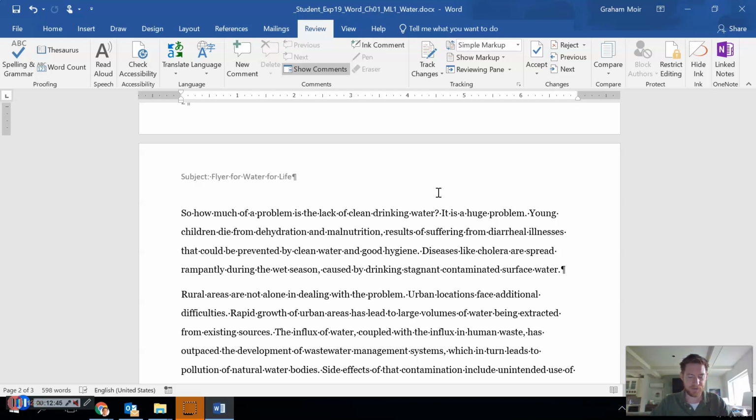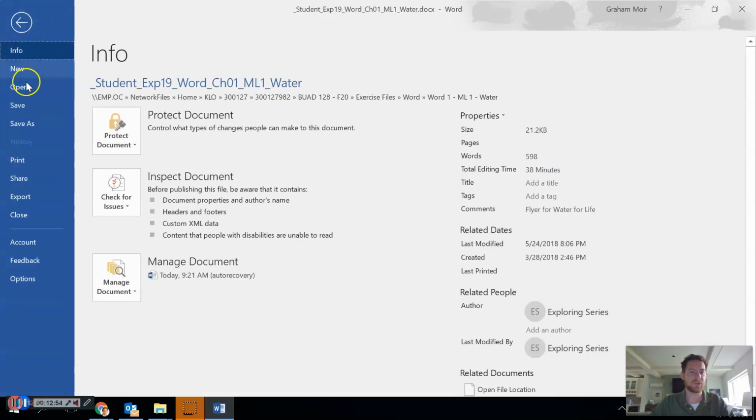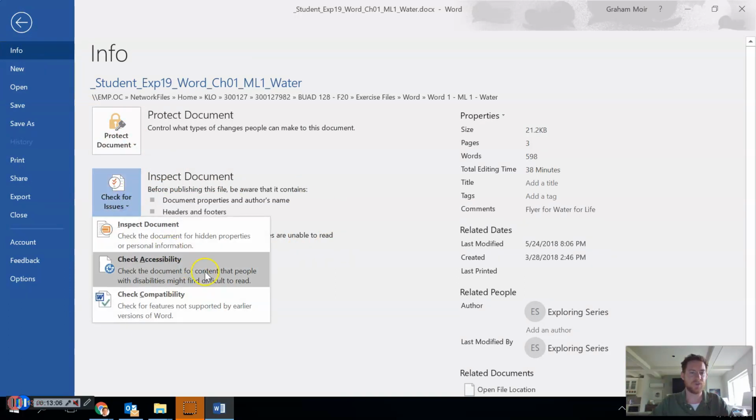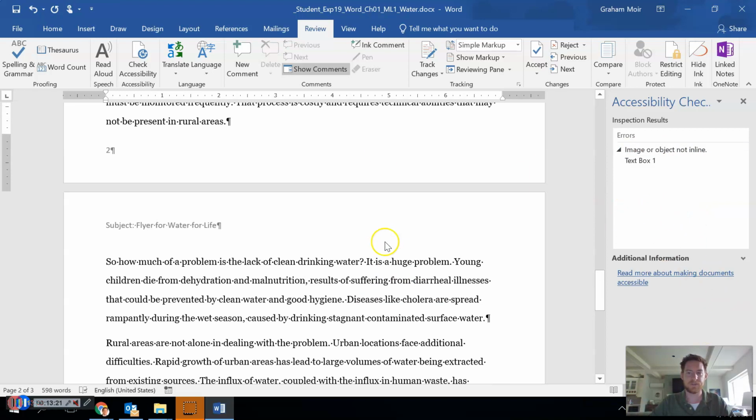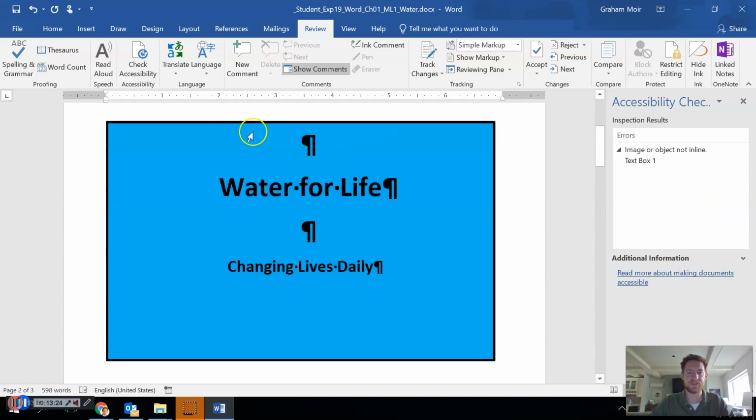Step 11 is check for accessibility, correcting any alerts that you can find. So accessibility is checking to make sure those people with disabilities can use your document properly. So if you go to the File menu, you'll see this Inspect Document area where you can check for issues. So let's check for issues, and we want to check accessibility. So let's click on that. And we have a problem where image or object is not inline. So if we click on that, we see, so what it relates to is this Water for Life changing lives